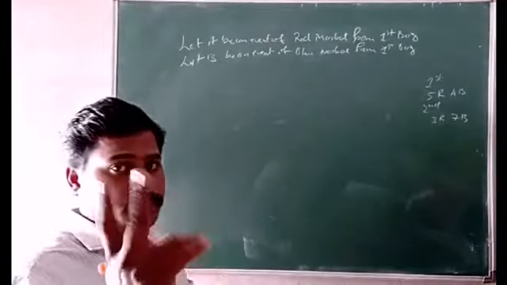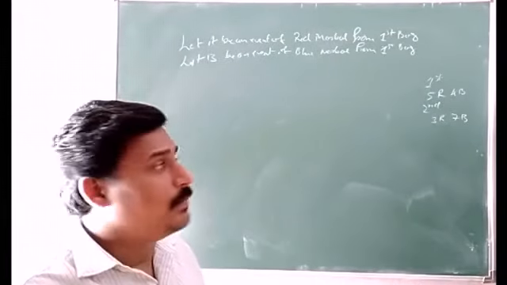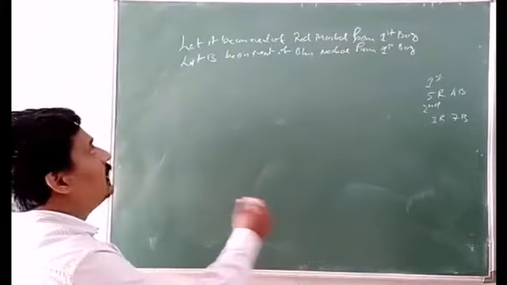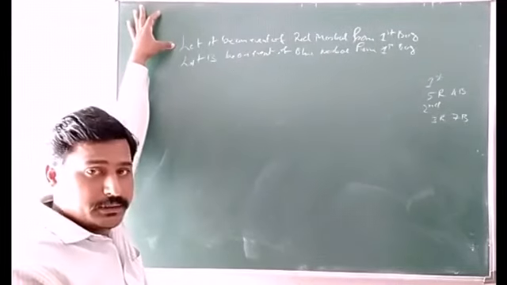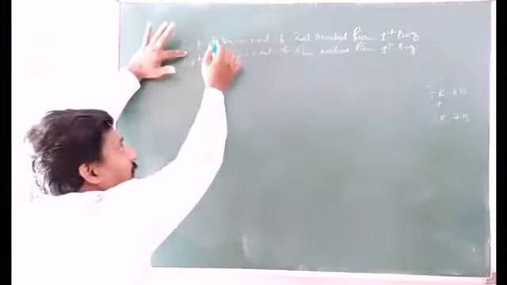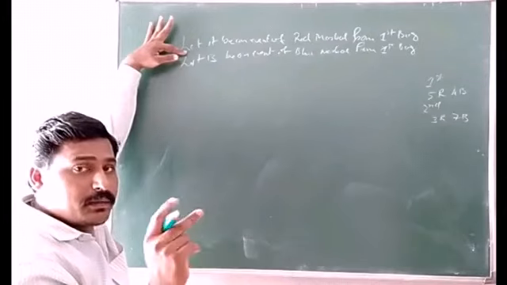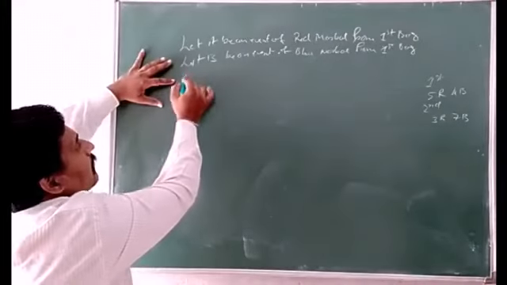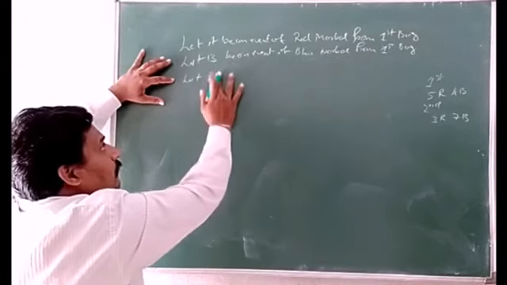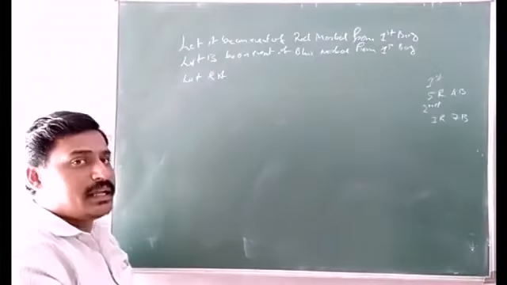Now, so two chances are there here. One may be red ball we can put in the second bag, or maybe blue ball the marble we can put in the second bag. So next, if we have put red marble from the first bag, then red marble from the first bag and again red marble from the second bag. So that is RA I have taken.